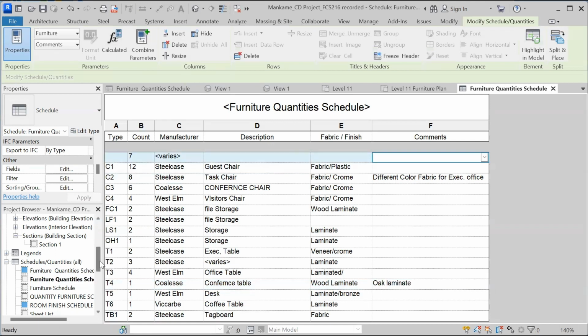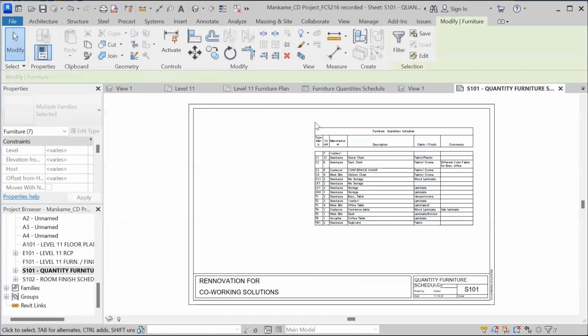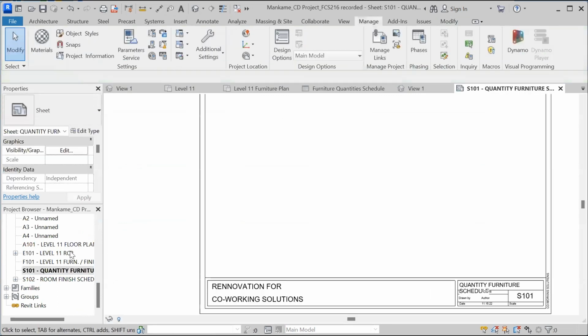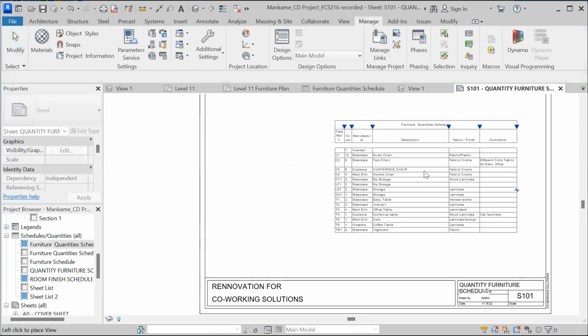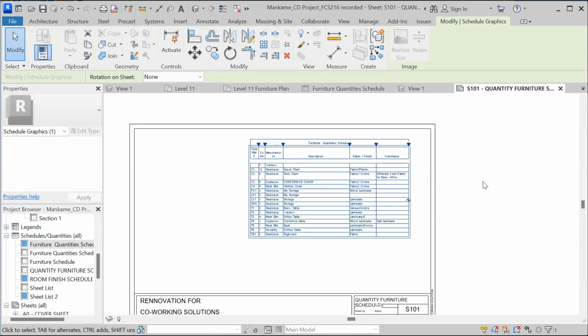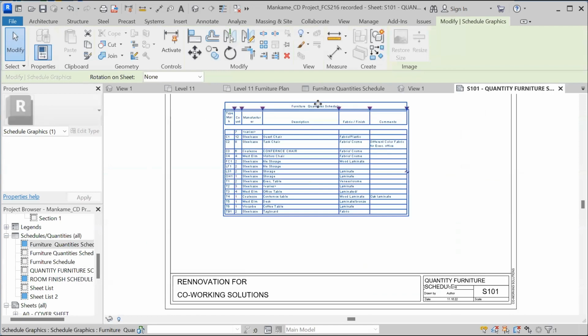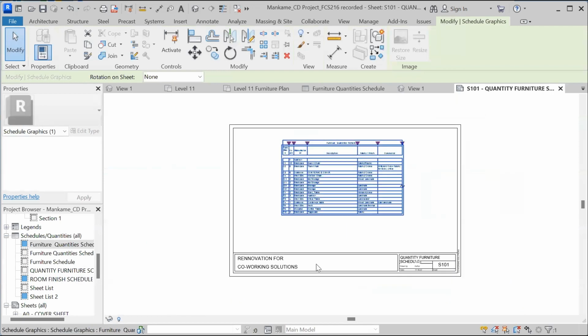Then what you can do, you can just go in furniture quantity schedule, and then you can just add your schedule on the sheet. You can just say wherever you want to put it in the center side, and then you can just print this for our submission, and then you